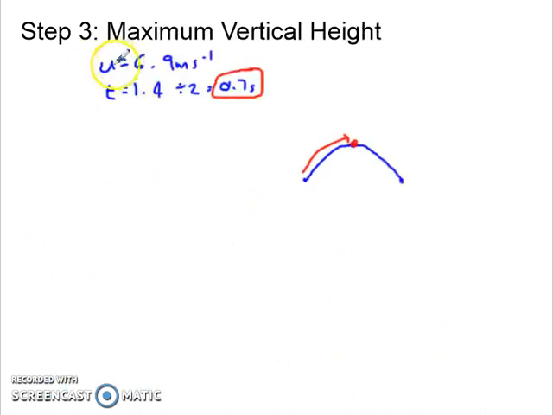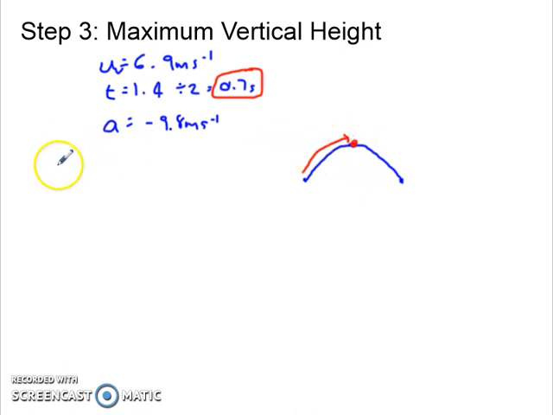Okay, so let's put a little v there, because it's the vertical component of our initial velocity, which is 6.9, and our acceleration is going to be negative 9.8, because we're talking about our up-down movement. Okay, and the reason we're talking about the vertical components is we're trying to figure out the vertical height that